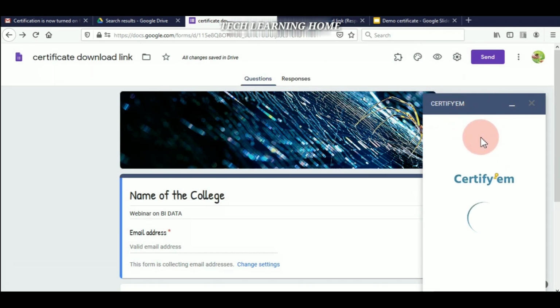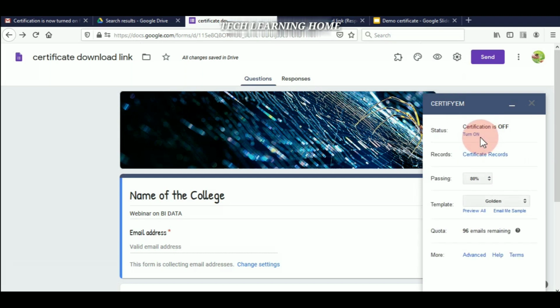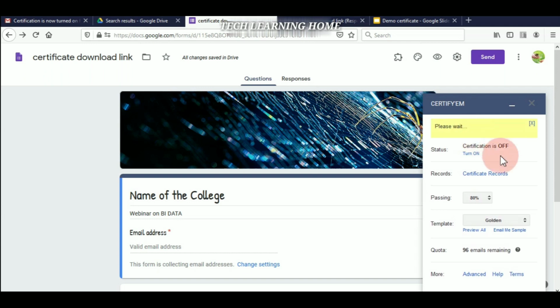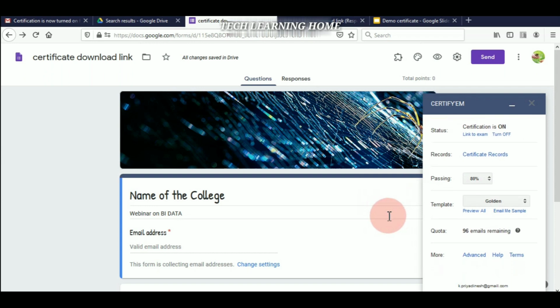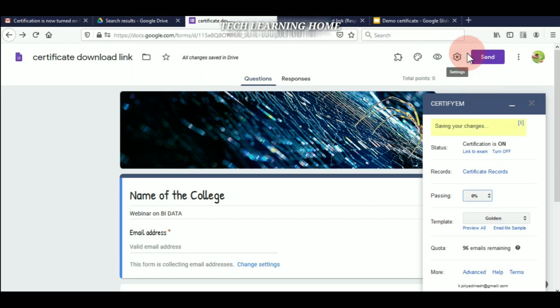Here you can choose the options to set up the certificate, turn on the status, and if you want to create record for Certify EM, you just click this option to create the Excel file. This form I am going to use to download the certificate, so maximum passing mark I'm assigning as 0%.